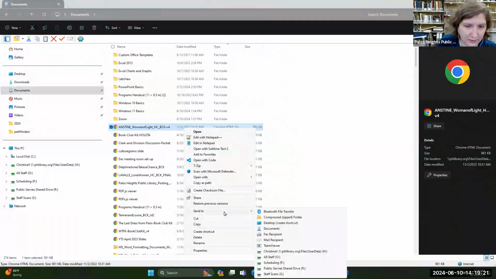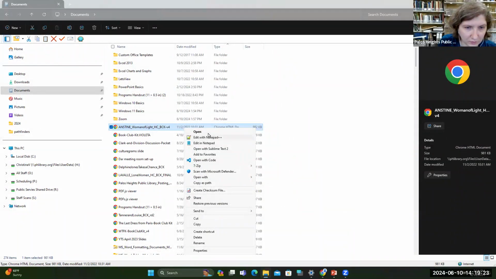So this allows you to have even more options. Again, it will open with Chrome. Open with code. This will allow you to scan it with Microsoft Defender, which is the basic security program on Microsoft. So you could scan the file to just make sure there's no malware or anything in it. Again, open with.